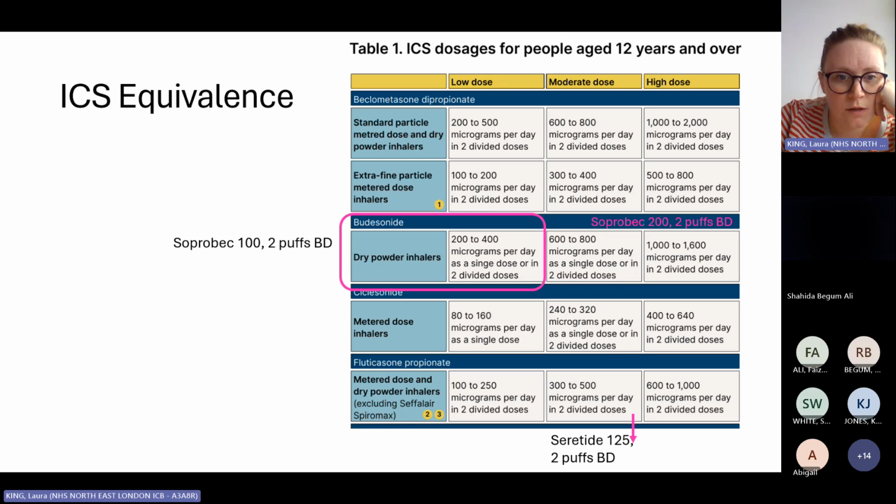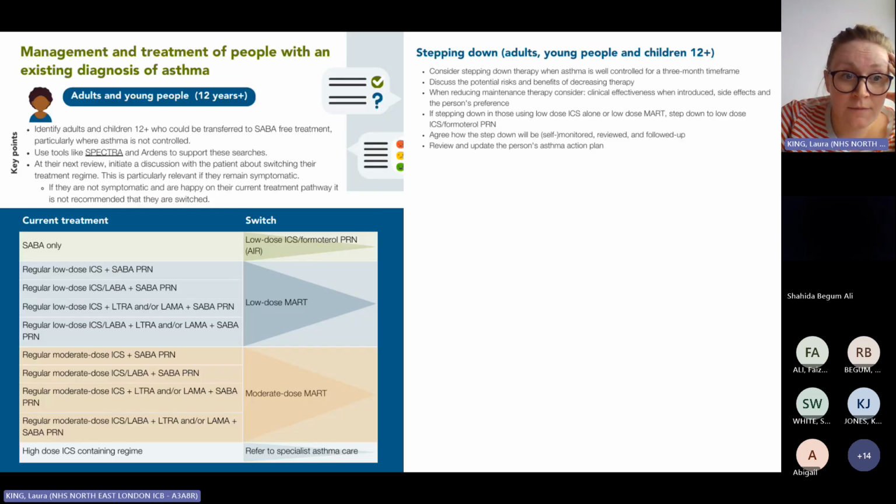I don't think you can see this one. And then down here we've also got the equivalent dose of Seretide 125, for example, or I think the generic name is Combisar, maybe. I can never remember that one. 2 puffs BD. So it's really helpful. I popped the resource that this came from in the chat at the top as well. It's the PCRS one. And again, there's a really lovely switching guide for adults and young people, so hopefully it will be helpful. Again, in the same resource that is up here, up the top.